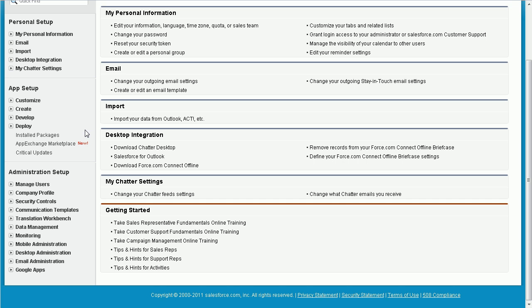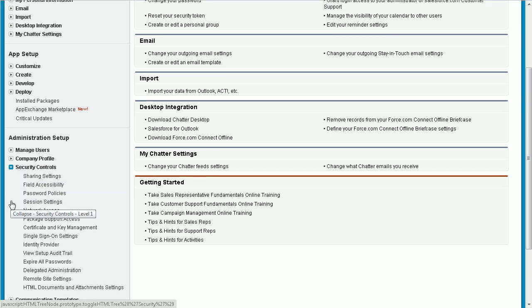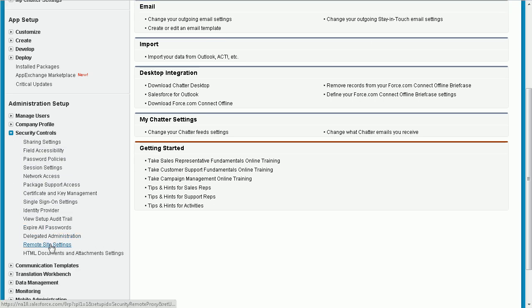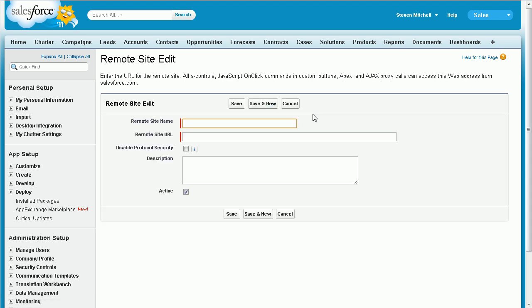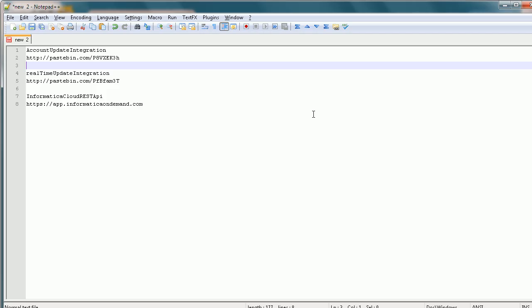Before we're able to use our REST API, we need to navigate to security controls, and then go to remote site settings. Under these remote site settings, we need to create a new remote site, and this remote site is going to be for our Informatica Cloud REST API. So I'm just going to call this Informatica Cloud REST API, and then the URL that I need to use, I'm just going to paste this quickly,